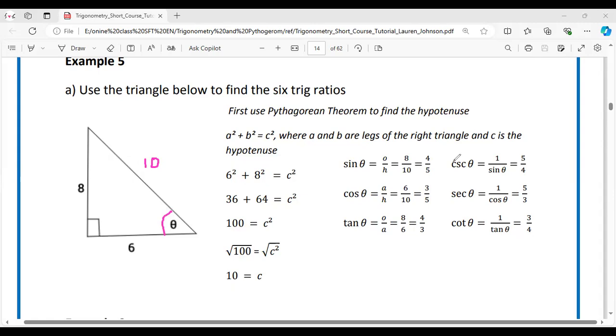As I explained earlier, there are actually 6 functions when it comes to trigonometry: the cosecant, secant, and the cot theta. You can obviously see they are the exact opposite, the reciprocals, of the sine, cos, and tan values, right? If I show you again,